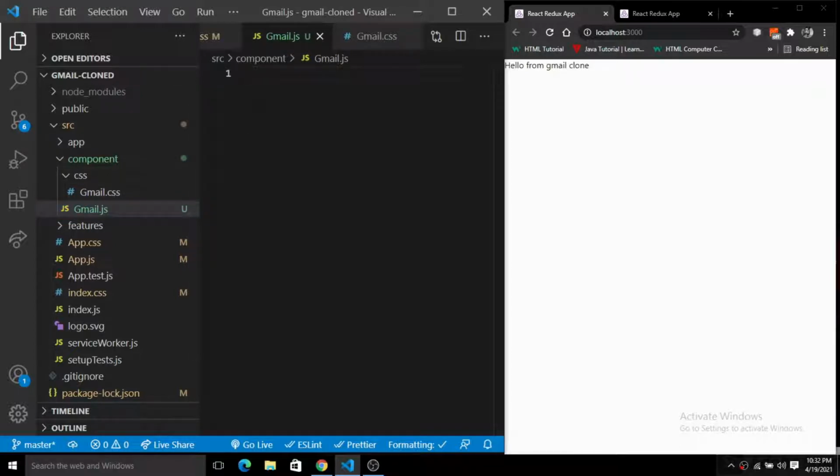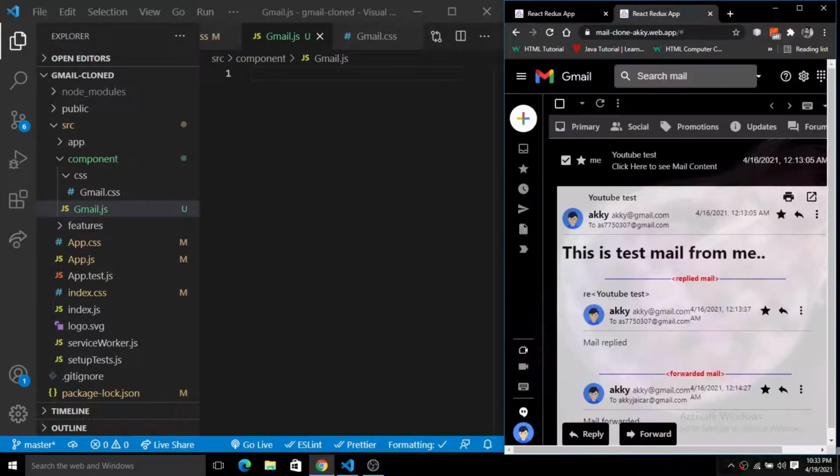So I'm going to put everything inside of this gmail.js file. Basically the Gmail component is a parent container which will contain everything. So here you can see we have an app which is a parent component, and Gmail is its child.